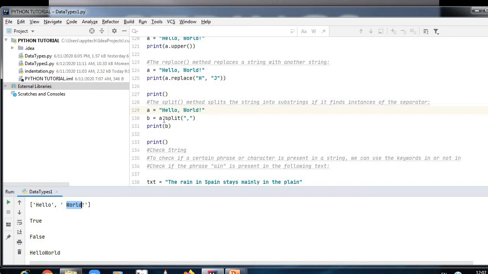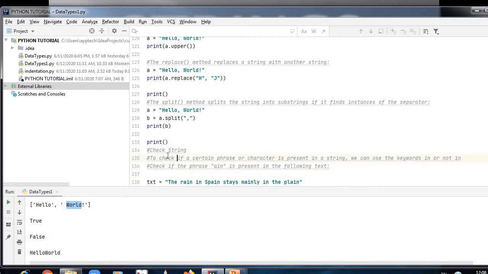That is called a separator, and it has been used through the dot split method. So in this way it will be printed. In a, hello will be printed, and in b, world will be printed, separated through the split method.